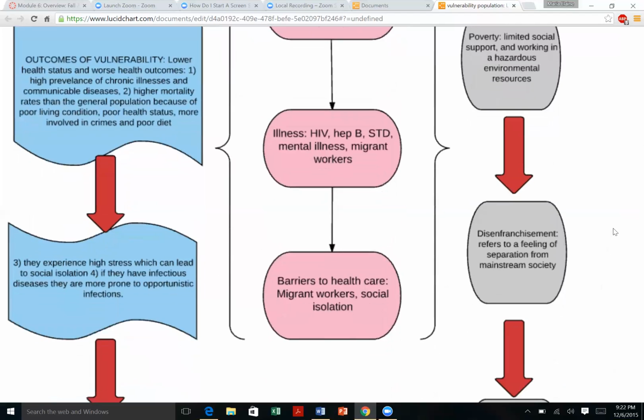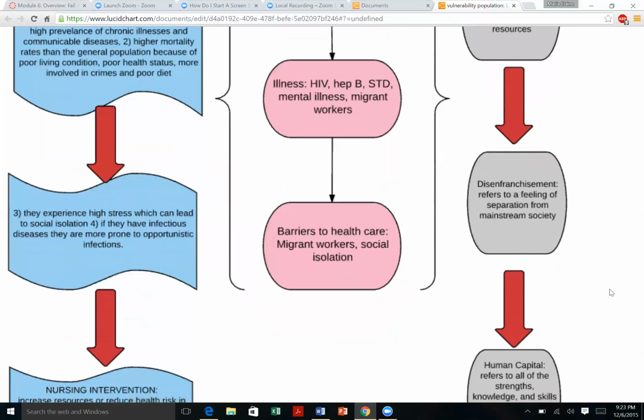Disenfranchisement. This refers to the feeling of separation from mainstream society. Let's give an example. Let's say the immigrants. They are separated from, of course, the cities, right? Because they are working pretty much in very rural areas. And let's talk about the substance abusers, of course, and also the homeless. They have a feeling of being separated from the mainstream society because they are living different lives than